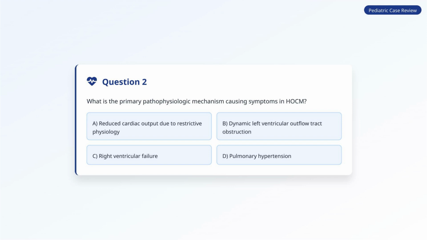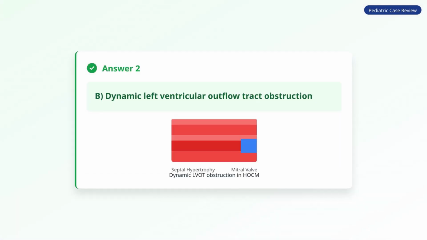C. Right ventricular failure. Or D. Pulmonary hypertension. The correct answer is B. Dynamic left ventricular outflow tract obstruction. In hypertrophic obstructive cardiomyopathy, asymmetric septal hypertrophy causes narrowing of the outflow tract. During systole, the anterior mitral valve leaflet contacts the septum, creating dynamic obstruction that worsens with exercise, dehydration, or increased